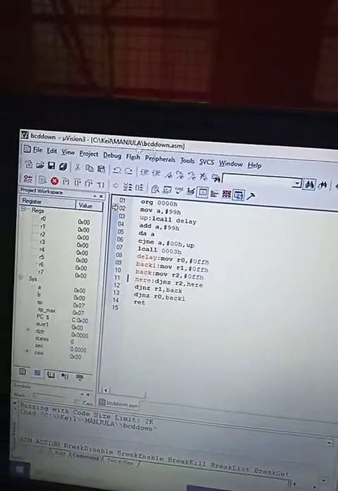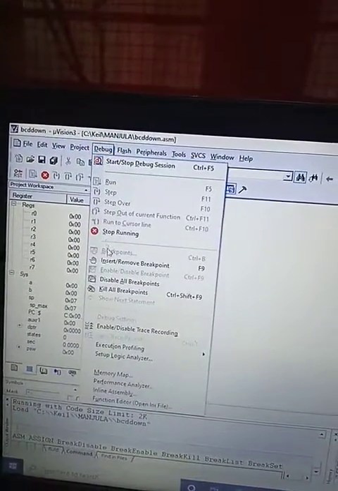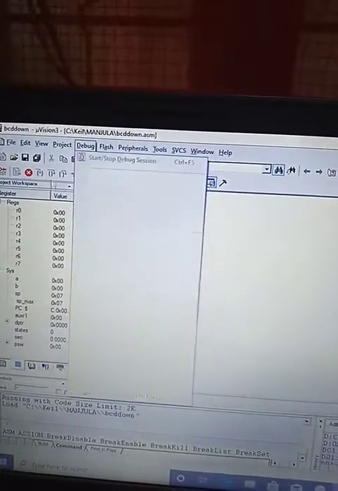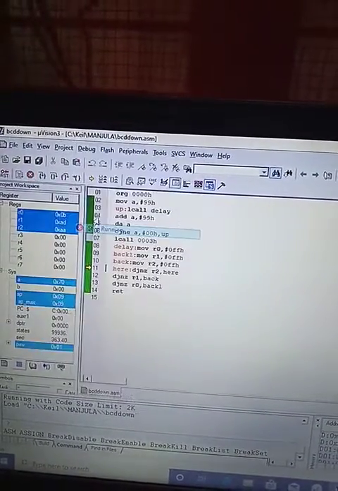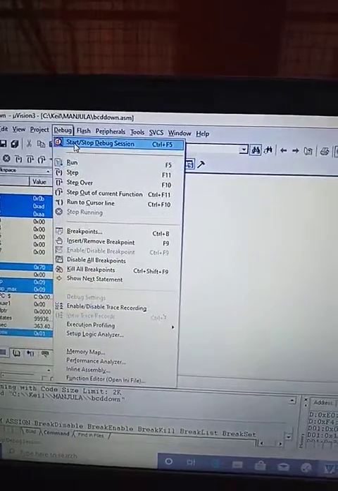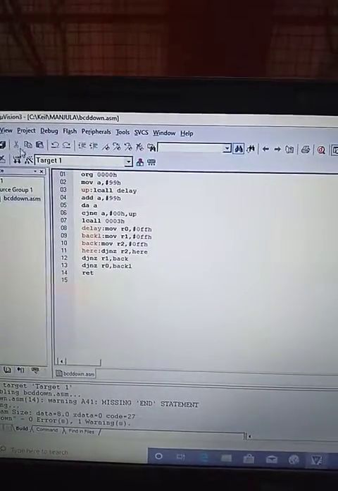See here, it will start with 99, 98, 97, 96, 95. It will count down the BCD values. No A, B, C, D values have come here, because we are using the decimal adjust accumulator instruction. So it will count down up to 00. Once again it is loaded with 99, till we go to the debug session and say stop running. Then we go to debug, start stop debug session. We go to the next program.